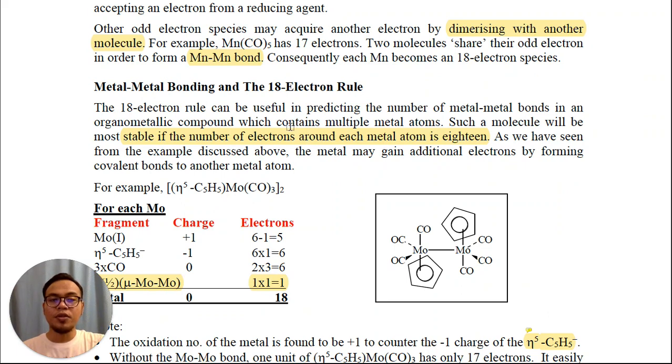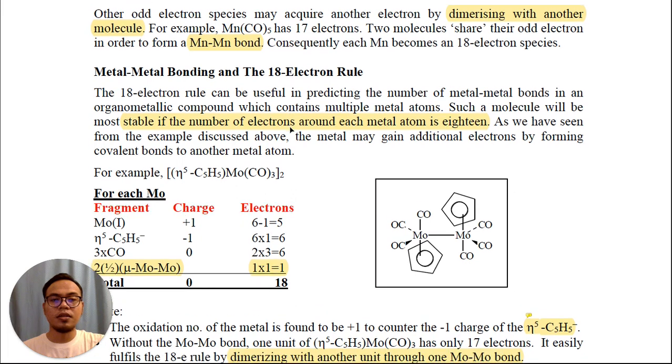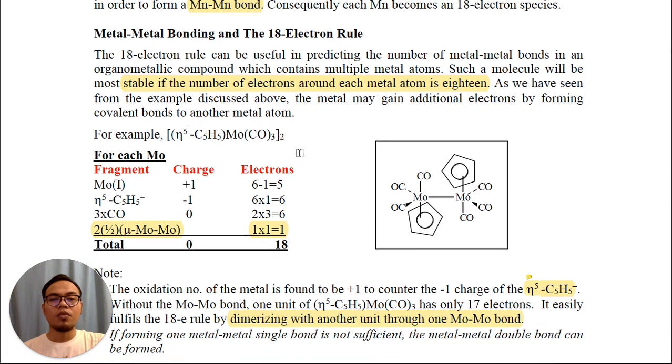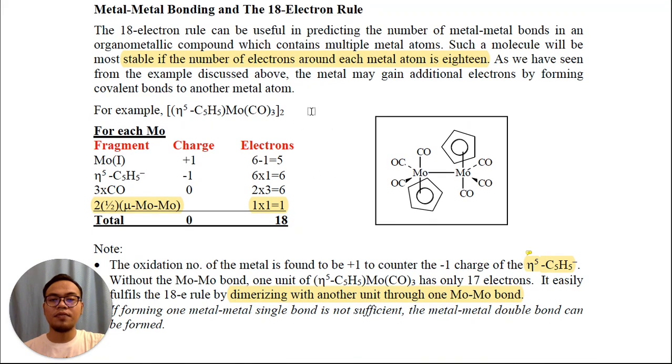So we are going to know whether or not it is stable from the number of electrons around the metal. So look at this example. We have this. I'm sure you are familiar with molybdenum and carbonyl. So what is this? This is actually cyclopentadienyl. So cyclopentadienyl is the type of ligand that carries a negative charge, and it can give you 6 electrons to